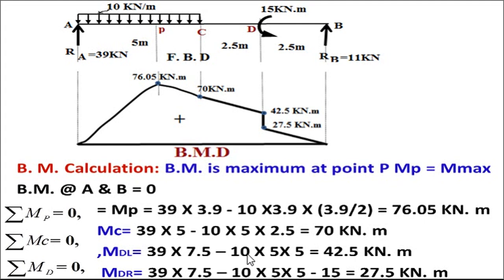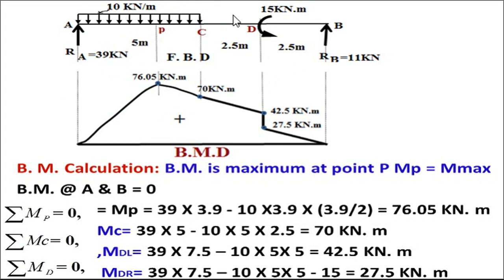Now take moment about D point. Now at point D there is a moment. You can take moment from A to D, or you can take moment from B to D, whatever you want. If you want to take moment from A to D, first of all, you take that moment. So 39 into 7.5, because up to D the distance is 5 plus 2.5, which means 7.5. 39 into 7.5 is clockwise about D, so it will be plus, minus 10 into 5 into